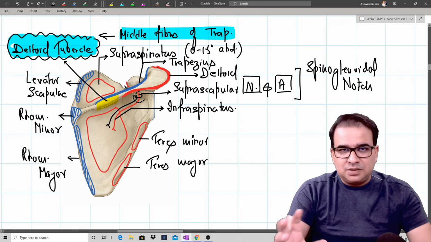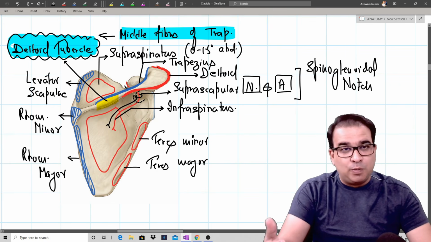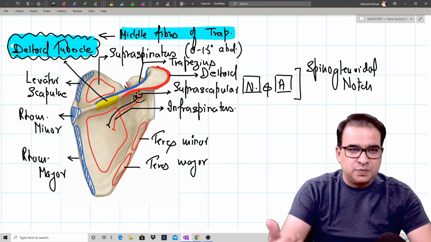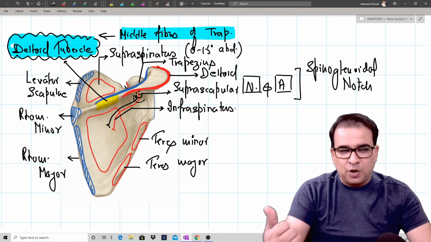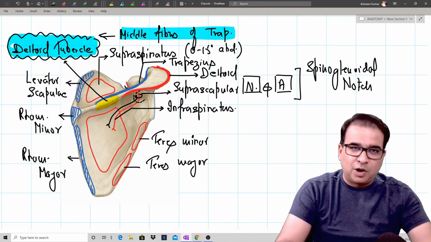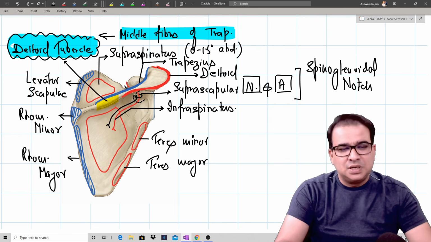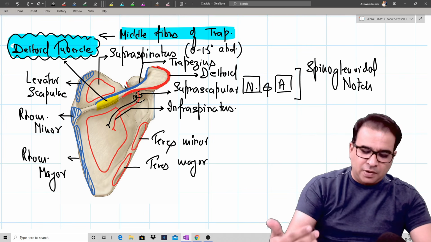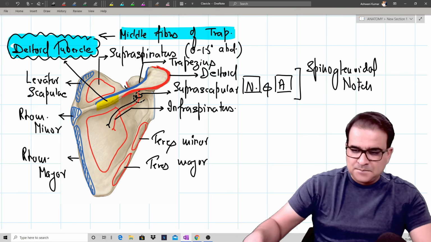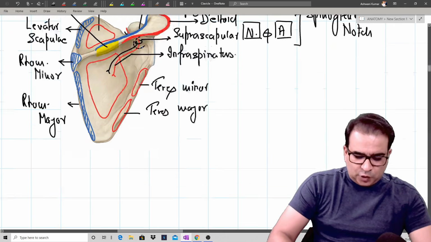So these are some important osteological aspects that you should know about the scapula. We saw the costal surface, some muscles on the costal surface, and now we are looking at the muscles on the dorsal surface. Some along the medial border, which are only insertions, some along the lateral border, which are origins. Supra and infraspinatus are above and below the spine. Okay, let's move on, guys.